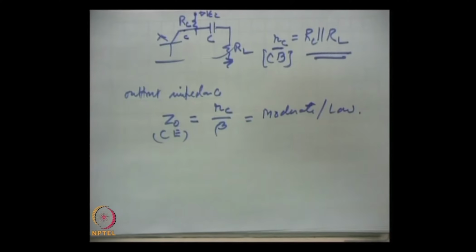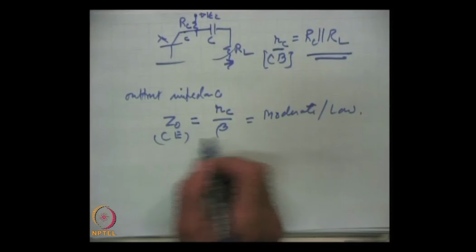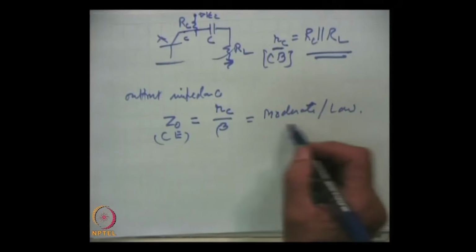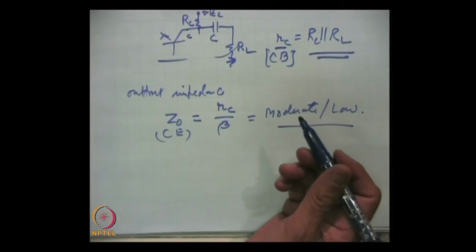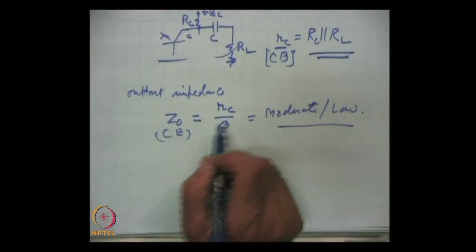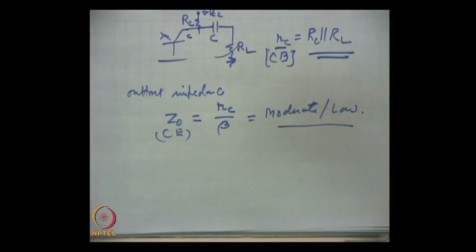And you remember we talked that for a voltage amplifier, the output impedance should be low and the input impedance should be high. So, the CE amplifier gives that this is much reduced, beta is 80, 100, 200. So, this is reduced, and hence the common emitter amplifier gives us a good performance.